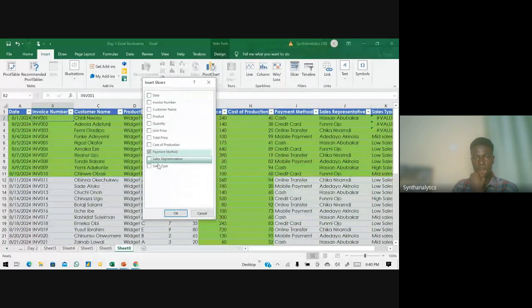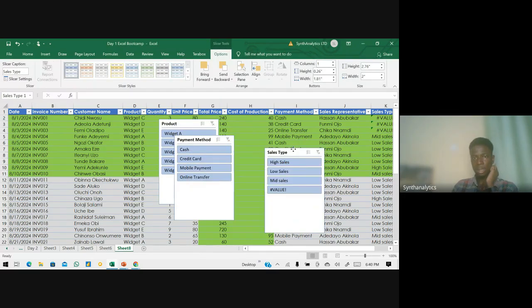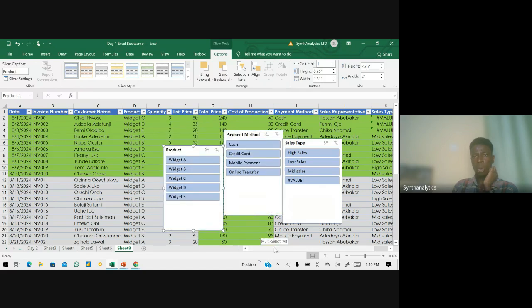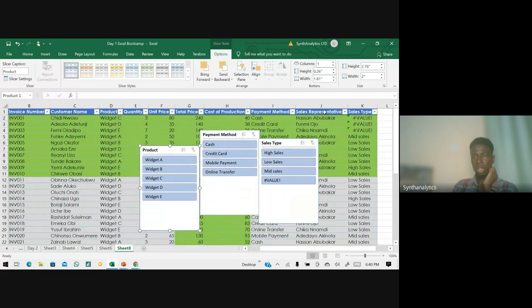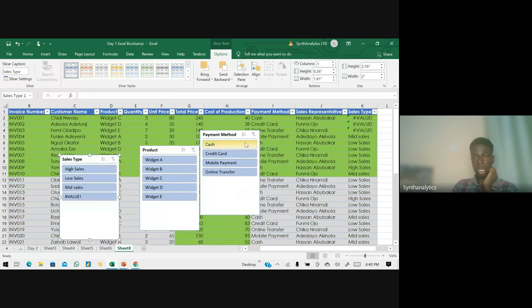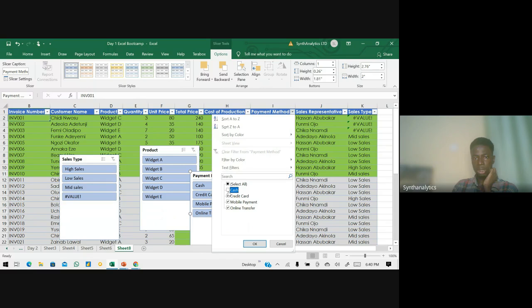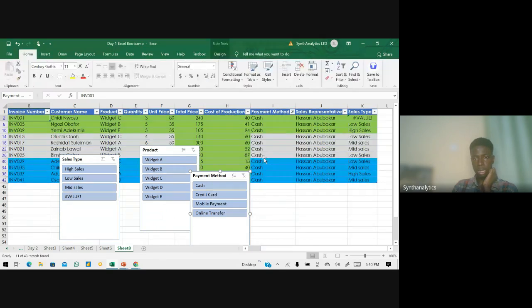Let's say image method, and then we are using our save type, and then let's say filter. So having this, we can easily come on our table and say, you know what, I want to see payment method, then you click on this and say, oh, I only want to see card, and then you unclick others, and then you only pick card. Can you see that?